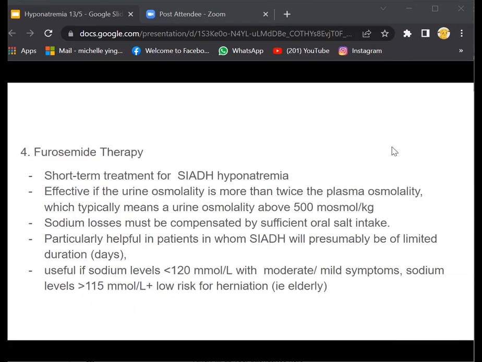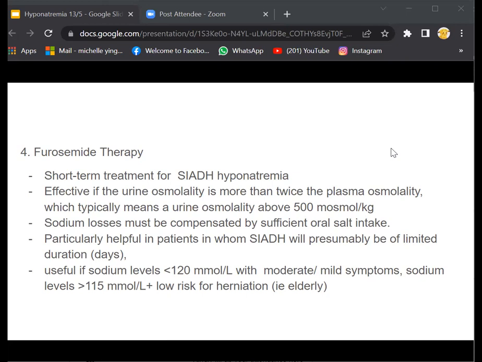So furosemide therapy is suitable for short-term therapy for SIADH hyponatremia. It will be effective if the urine osmolarity is more than twice the plasma osmolarity, which typically means a urine osmolarity above 500 milliosmol per kilo. Any sodium losses must be compensated by sufficient oral salt intake, and it will be particularly helpful in patients in